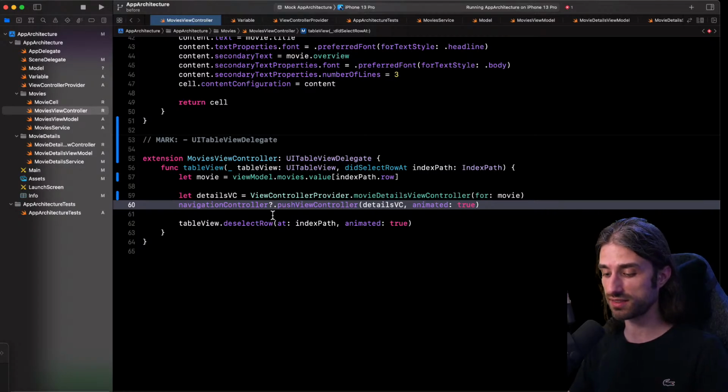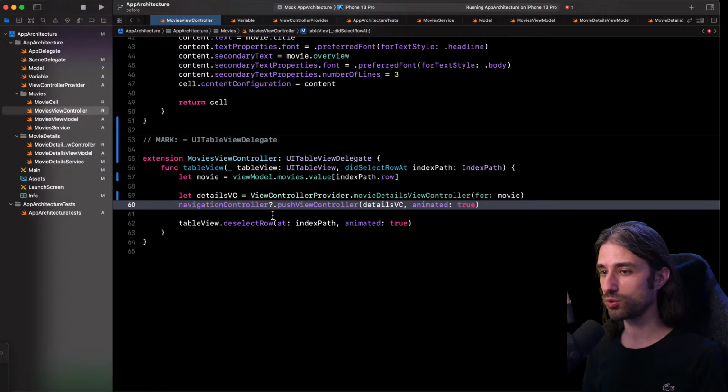And the fact that the view controller knows how to implement the navigation is not that great, because let's imagine this time our app implements push notifications. I get a push notification to say, hey, this movie will be released tomorrow. Do you want to learn more about it? Of course, I want that when my user taps on the notification, it opens the app and immediately pushes the details of the movie that was mentioned in the notification. It only makes sense to do it that way.